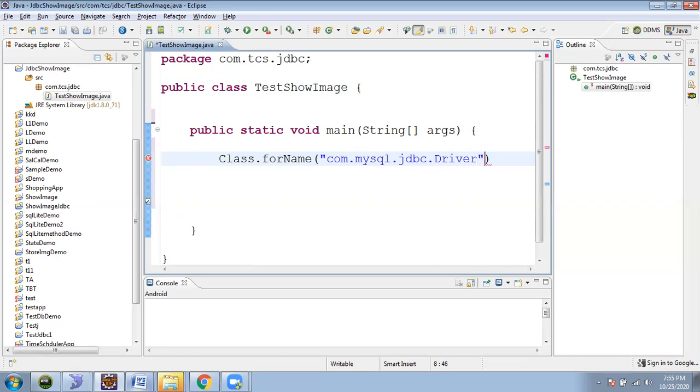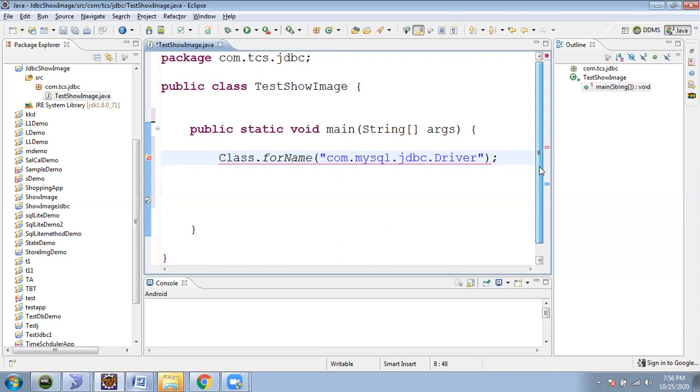So let me do it. But before that, let me write this code first. This code will generate an exception, and the exception would be ClassNotFoundException. This question will be asked most frequently by interviewers. Most of the time they will ask, have you ever faced the problem of ClassNotFoundException? Have you ever found this mistake in your program, an error called an exception, that is called ClassNotFoundException? So you must say, yes sir, I have seen it.